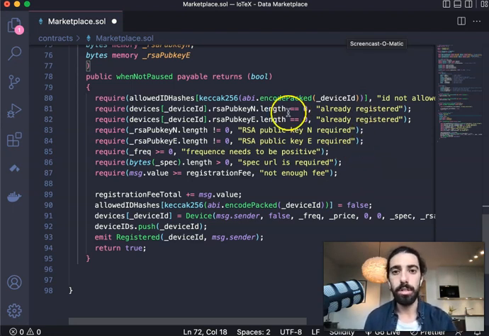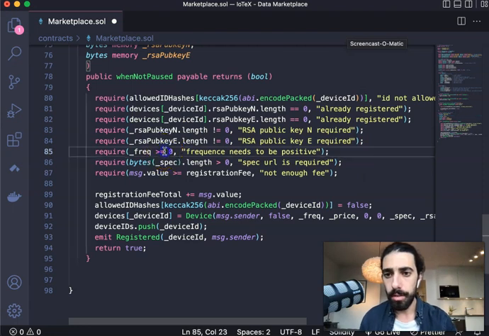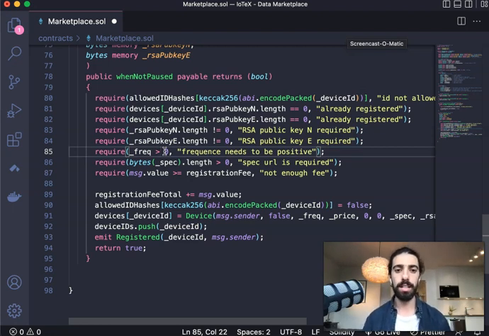The first thing that we need to double check is if the hash of the device ID that we are putting into this function is actually allowed in our contract. We need to check that the device has not already been registered. We need to check that we are providing the public key components. We need to check that the frequency is actually greater than 0. So I'm going to remove this because we don't want to register a device that basically has 0 data frequency,